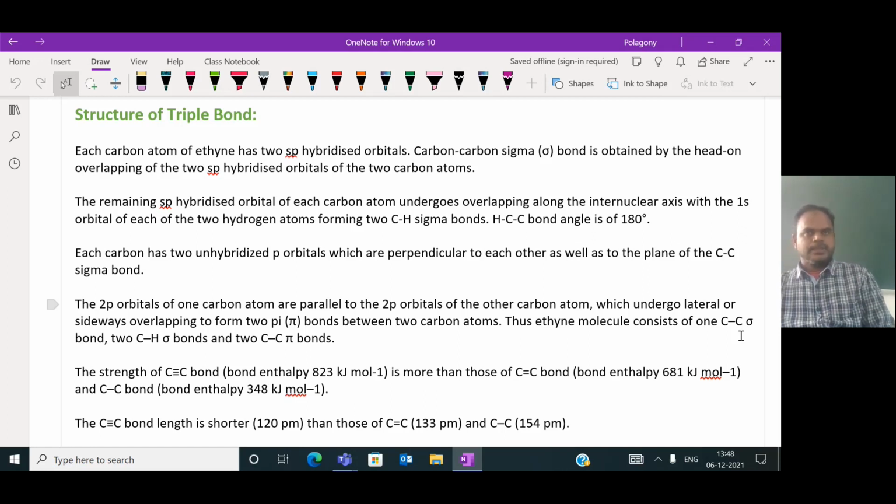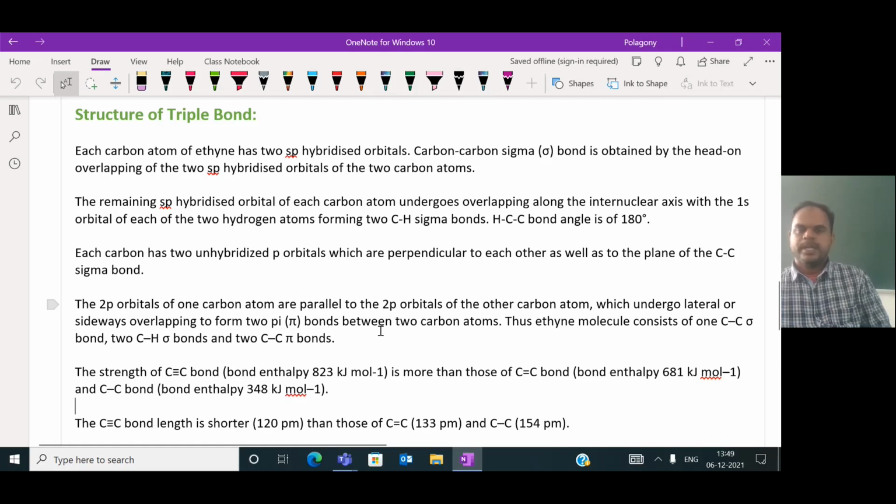As the sp orbitals overlap end on end with the 1s orbital of the hydrogen atom, all these orbitals lie on the same plane, so the bond angle is 180 degrees. But there are unhybridized pure p orbitals left on each carbon, lying perpendicular to each other and to the plane of the C-C sigma bond. The 2p orbitals of one carbon atom, parallel to the 2p orbitals of the other carbon atom, will overlap